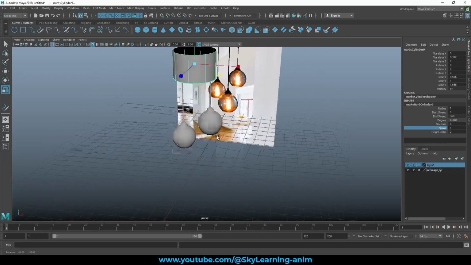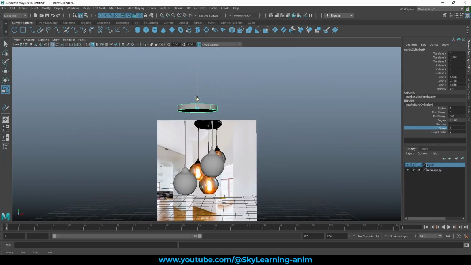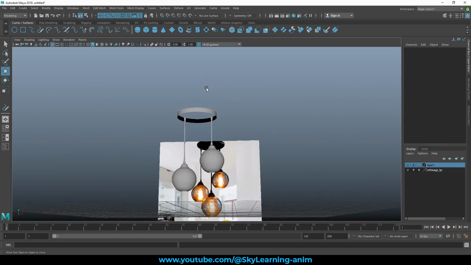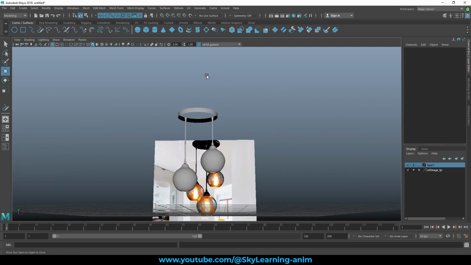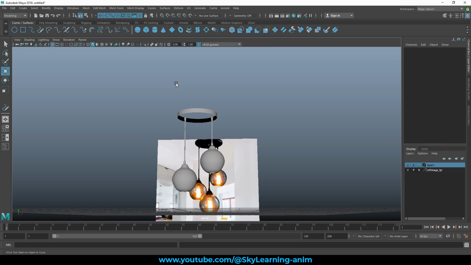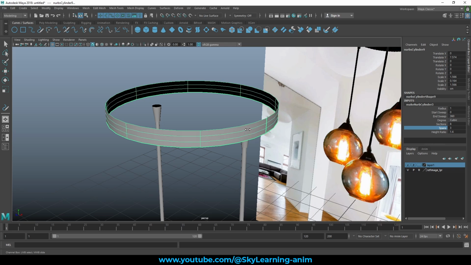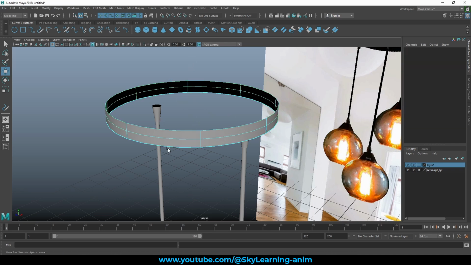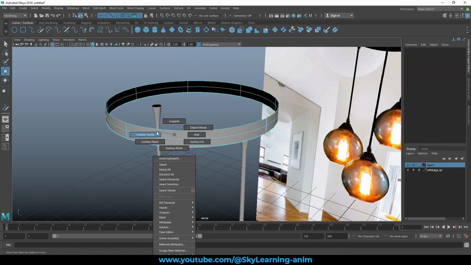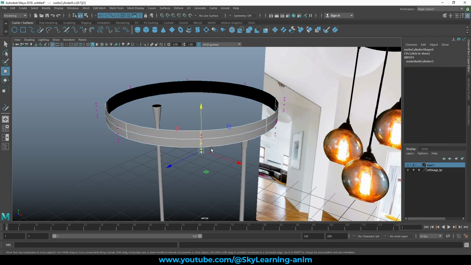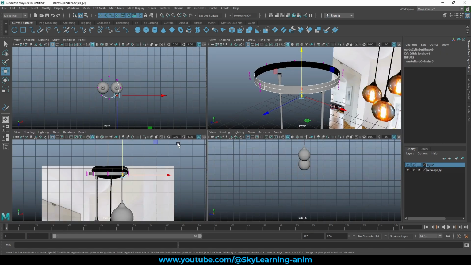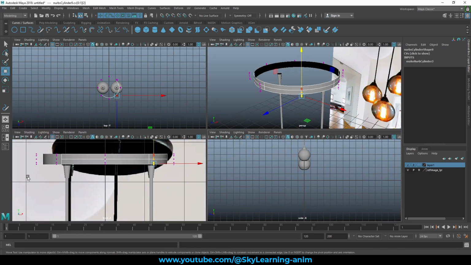Now we can scale it, make it something like this, place it like that. Delete this, make the span 2. Why? Because then we can go for the control vertices, select all the bottom one,